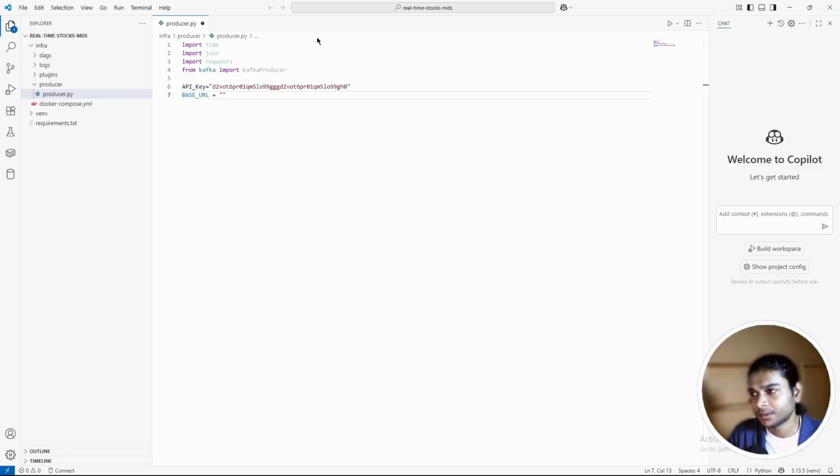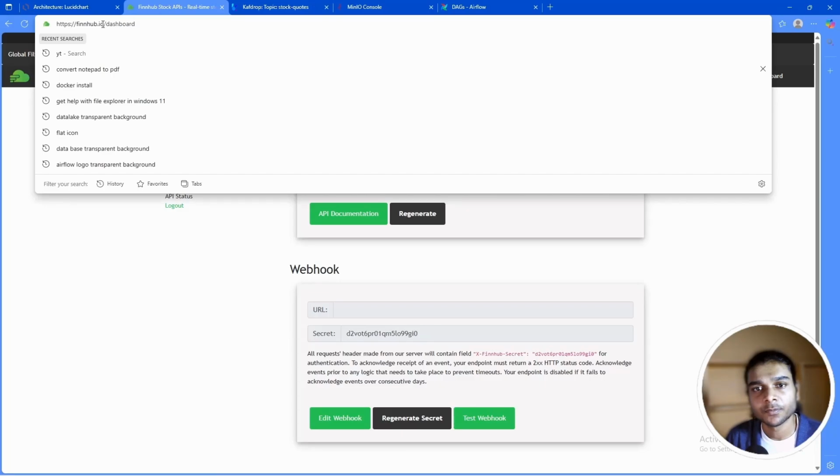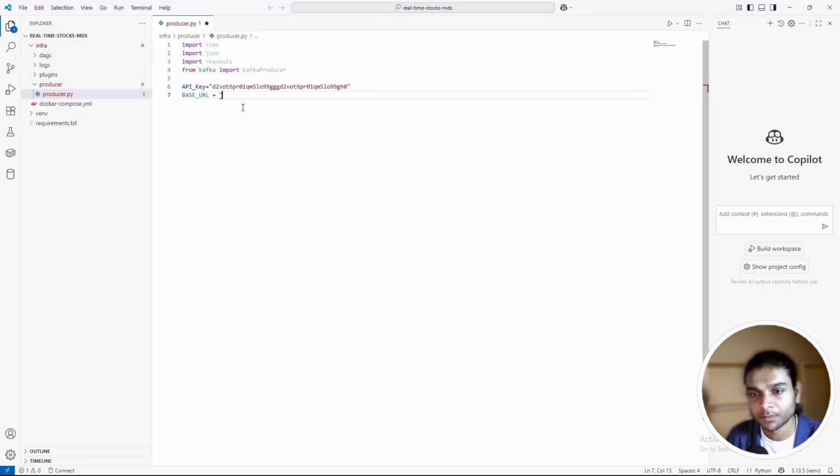For the base URL, I think I copied it somewhere. It goes something like, we just need to copy the base URL of this Finnhub website, paste it. Then it goes like API slash v1 slash code